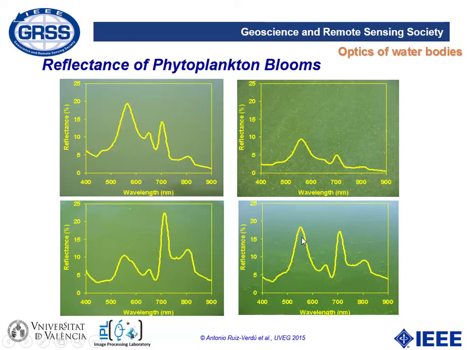These are the more extreme conditions that you can find in inland and coastal waters, but are also very important to monitor in terms of water quality, because of the effects of these massive growths on the health of the lake